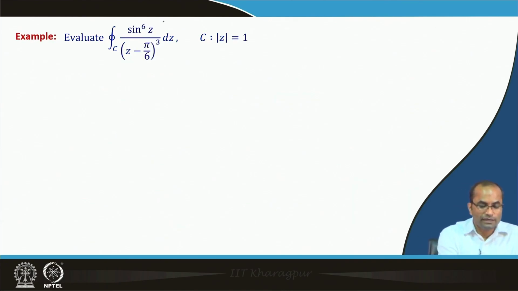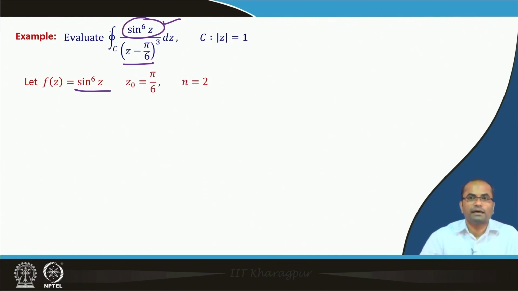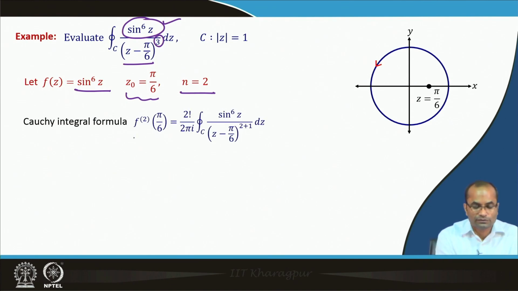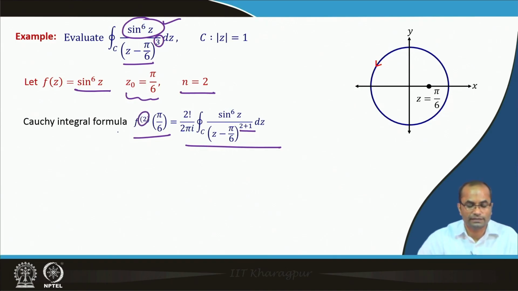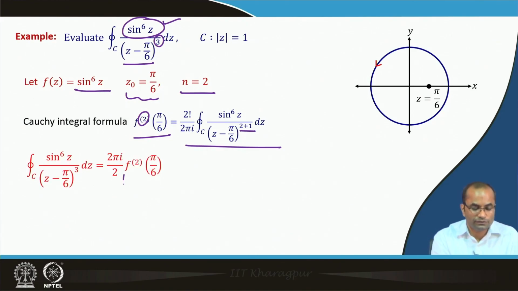So, another example where we have sine 6 z and z minus pi power 3. So, here sine z is sine 6 z and we will apply exactly the Cauchy integral formula, which is the extension to the derivatives. So, z0 here is pi by 6 and n we will take 2, so that here we are getting exactly n plus 1 equal to 3. So, this was the Cauchy integral formula, here 2 plus 1, if n is 2 the derivative is the second derivative. So, this is fitting exactly to the given integral. We can compute with this computation of the second order derivative.